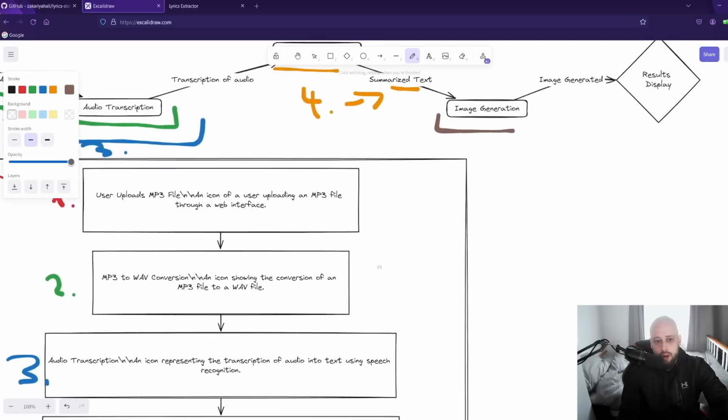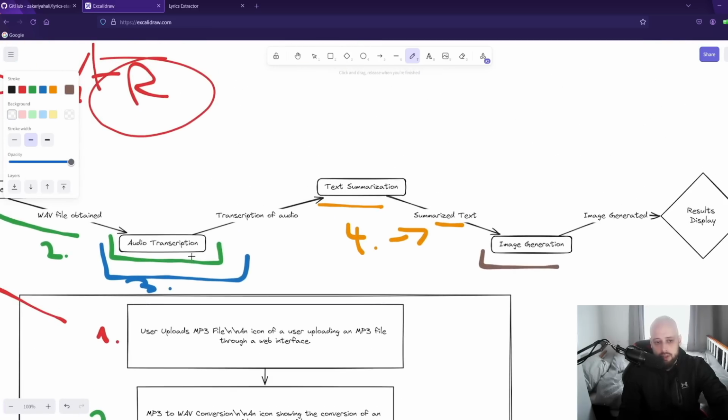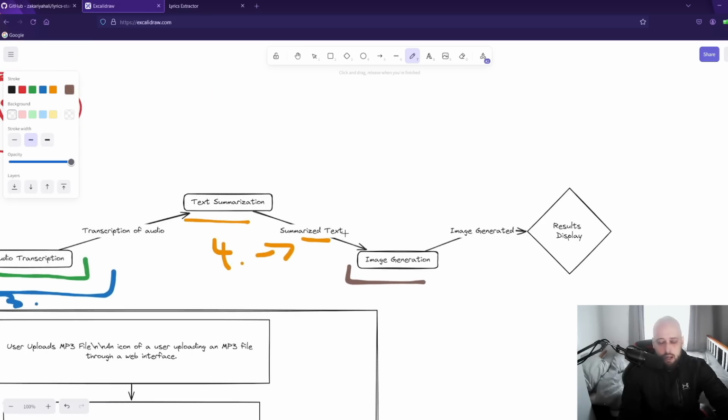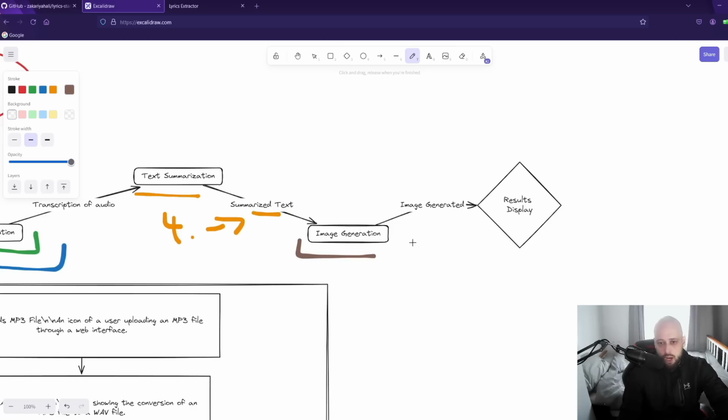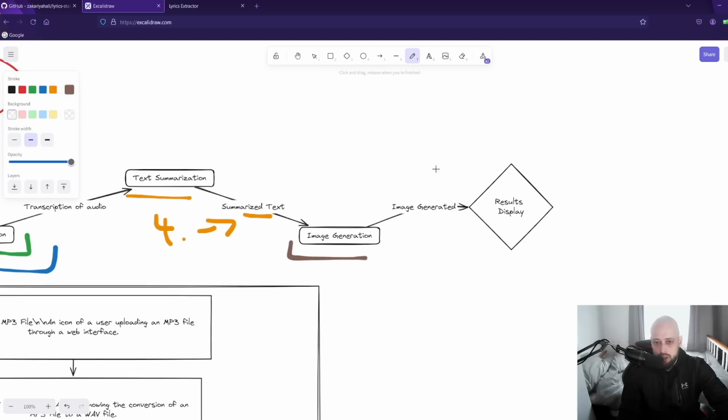So I thought, all right, the best way maybe would be to, rather than just take the whole lyrics and try to create an image, I'll create some kind of a text summary, which we saw here with step number 4. And then that will be the prompt to create an image out of it. Once we prompt OpenAI with this summarized text, that image will be generated and the result displayed back to the